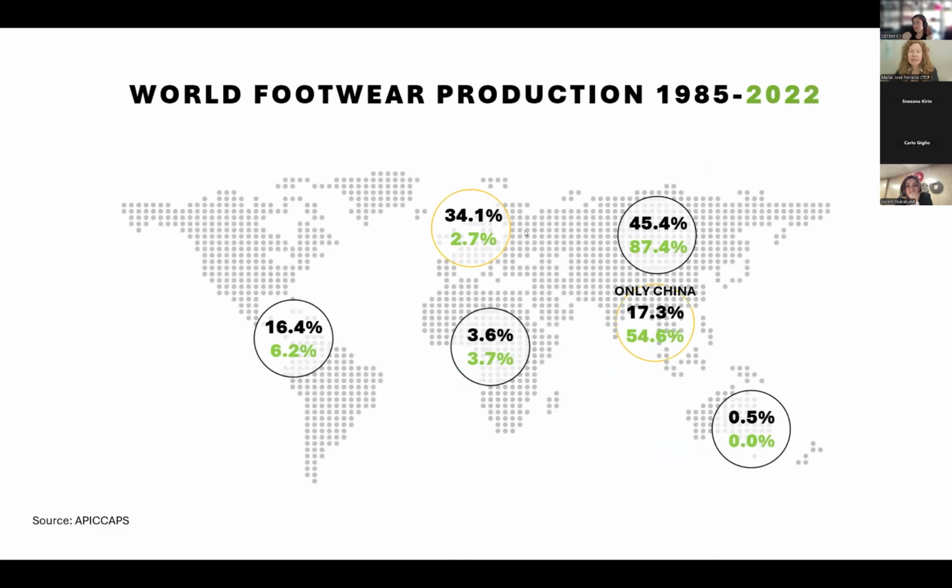Another point is where footwear is produced. What is the sustainability of this class overall? You see the dark numbers were the production in percentage in the world in 85, last century. And nowadays we have the data in green. So you see that Europe passed from over 30% to 3%, and Asia grows according to these figures. So despite consuming most of the footwear, we are not producing it.